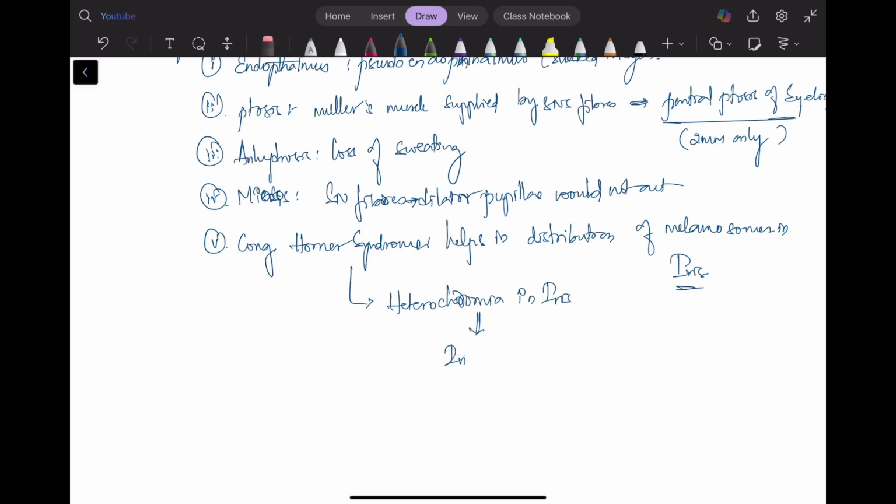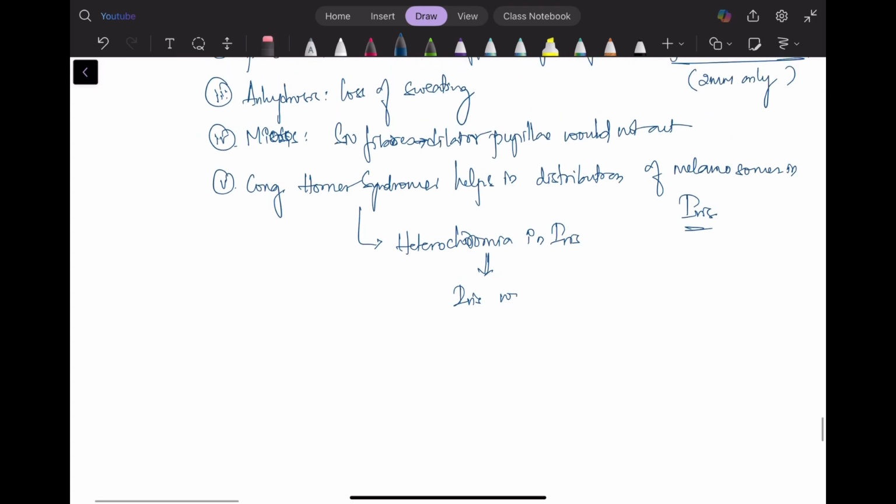What happens, iris will not acquire pigmentation, so that beautiful black eyes, when you're going to propose to a girl, you'll say beautiful black color eyes, not black eyes. Yeah,